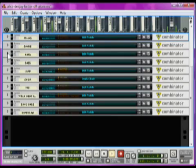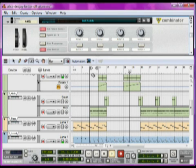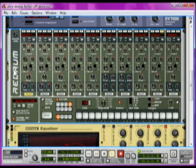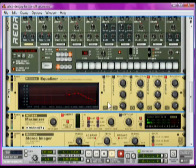Then next up we'll go into the hi-hats. I'll just move the track back, start looping it from about 9 till 13. Okay, now we've got the hi-hats, and you can see here I've done much the same. In an instance of Redrum, I've got the hi-hat riff being played, and I've used an equalizer to cut off the high end because the hi-hats aren't very piercing in this track, but I've used param 2 to accentuate around